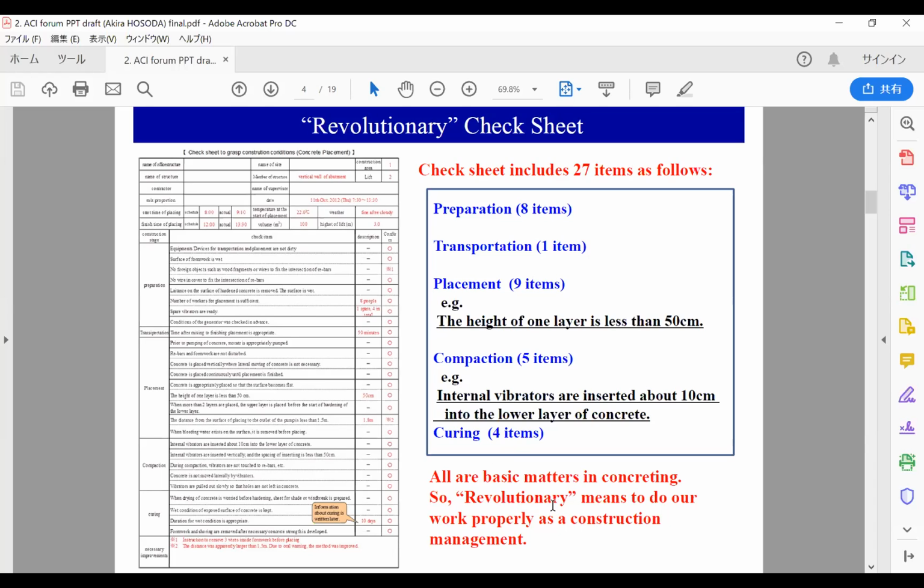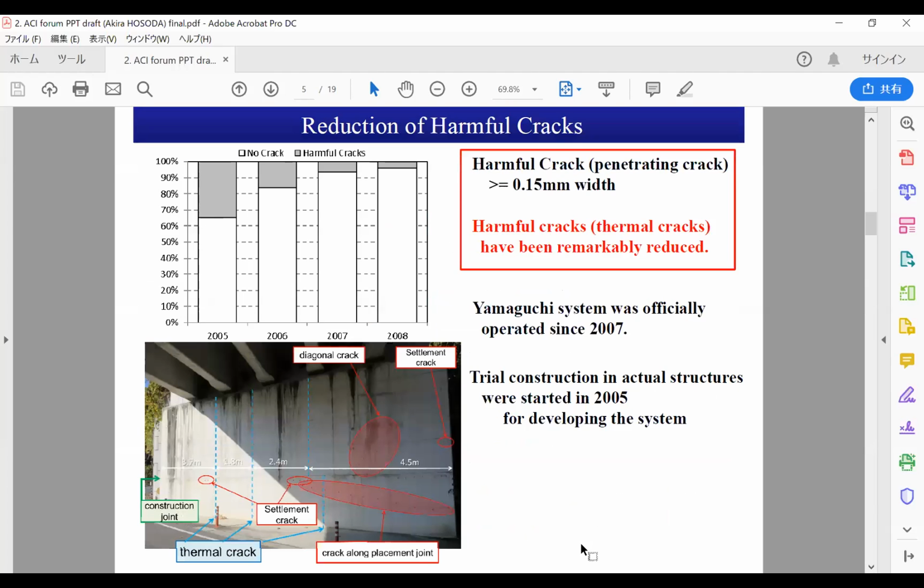But revolutionary is not a special thing. It means just to do our work properly, as construction management. If we do not do our work properly, cracks will happen and durability will not be achieved. 当たり前のことは当たり前にやることができれば世の中すべてうまくいくんですけど、そうじゃないので、初期欠陥が生じる、ひび割れがたくさん入る。そこ当たり前のことを当たり前のようにできるようにしていくのがマネジメントだと私は思っています。